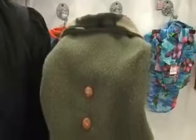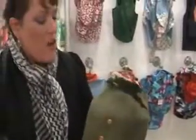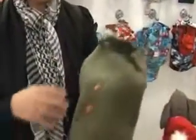The tank jacket is actually a very thick warm jacket. So you East Coast people, this is the jacket to bulk up on. Living in New York for several years, I know that it gets very cold in the winter. This is actually a Polartec fleece that is waterproof and snowproof. You can put this on your baby, you can take him outside, walk him down the street when it's snowing,